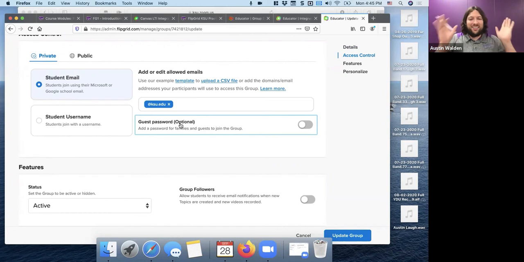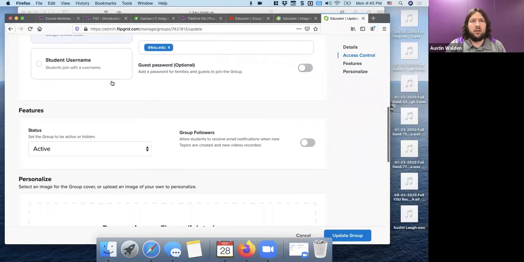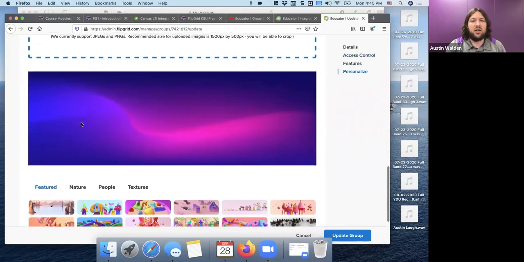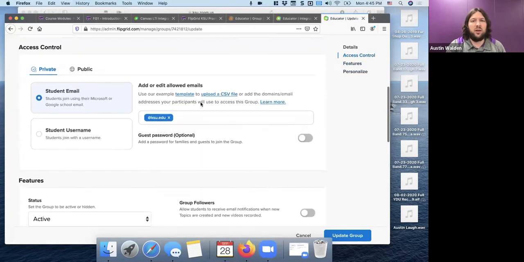I don't want anybody else but the exact students enrolled in my course to have access to this Flipgrid. But maybe there's an option there that you've set that you can go and take a look at. Let's see, what else? Now there are settings in here for you to be able to control whether or not